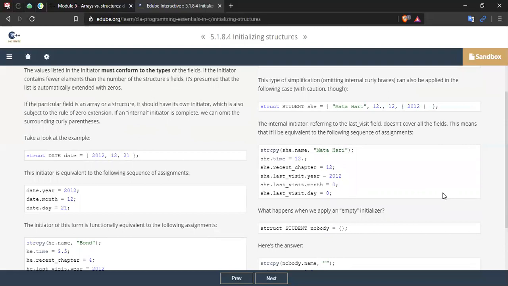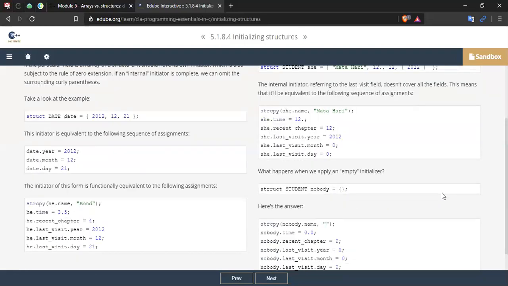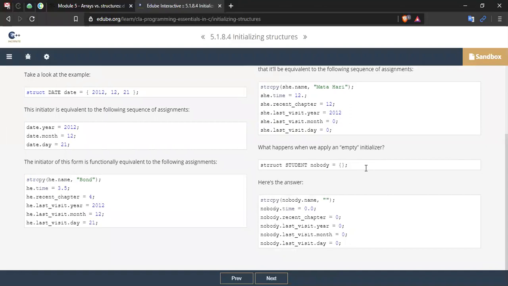What happens when we apply an empty initializer? So we have struct student nobody = {}; then it is empty. Here's the answer: strcpy(nobody.name, ""); nobody.time = 0.0; nobody.recent_chapter = 0; nobody.last_visit.year = 0; nobody.last_visit.month = 0; nobody.last_visit.day = 0;